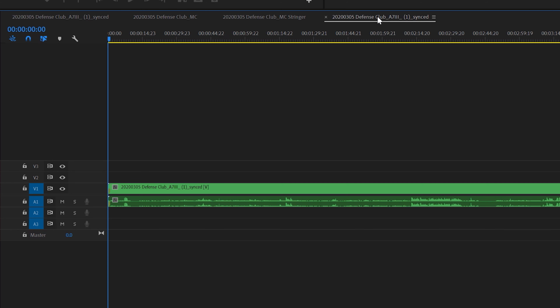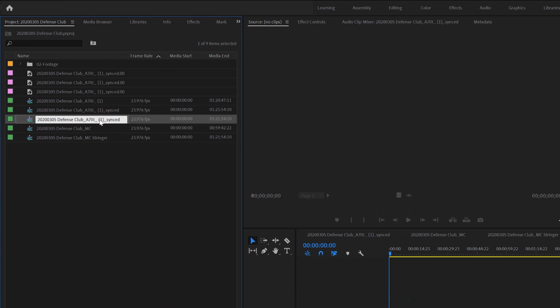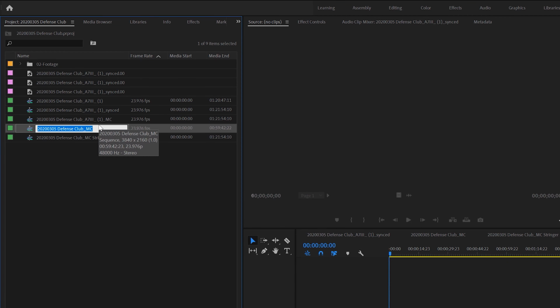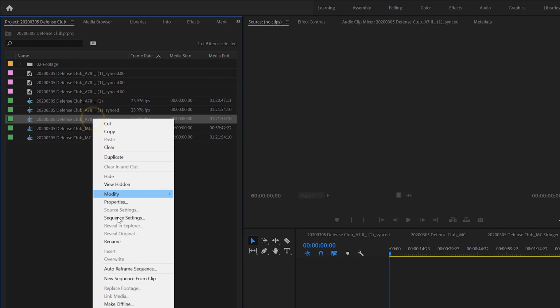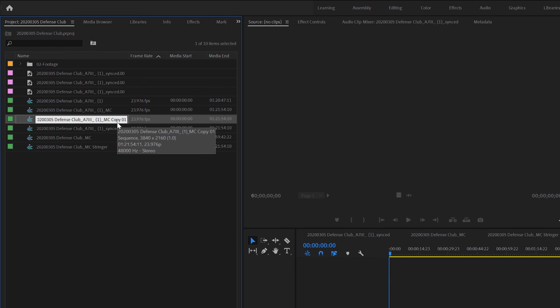The first thing is that I have to rename this sequence, right? I have a duplicate sequence up here that says synced, and that's not going to be very easy to deal with when I go into post and I need to kind of float back and forth between these two sequences. So I'm going to rename this, and I'm just going to go back and delete the sync, and for simplicity's sake, I'm just going to put MC for multi-channel. What I also do from time to time is I'll duplicate this sequence here, and I will put multicam instead of copy, multicam